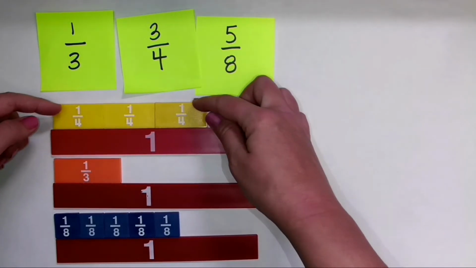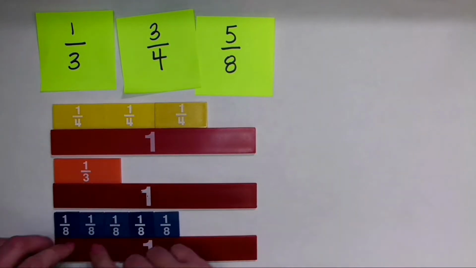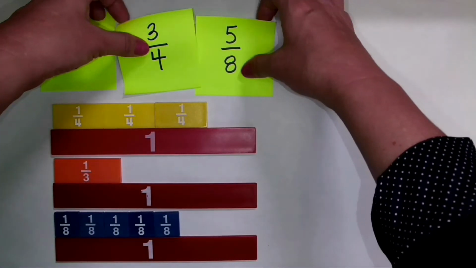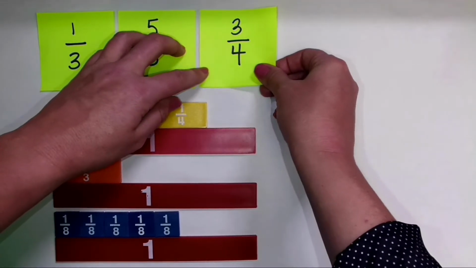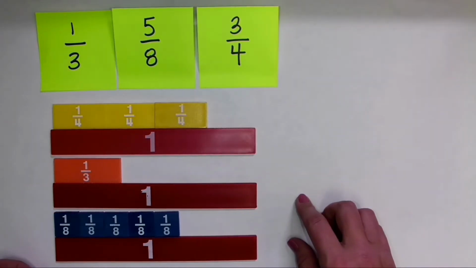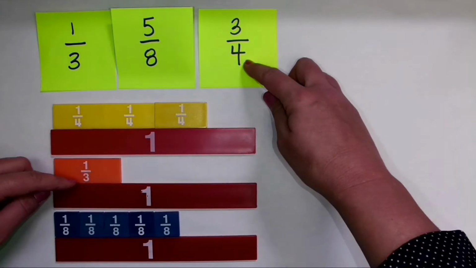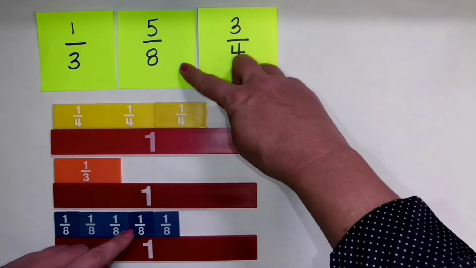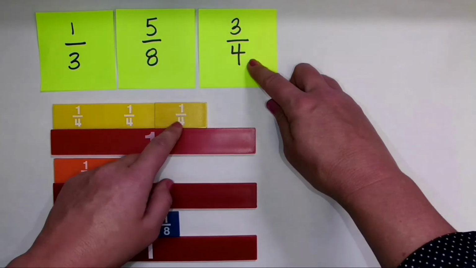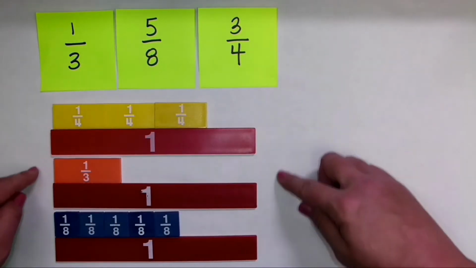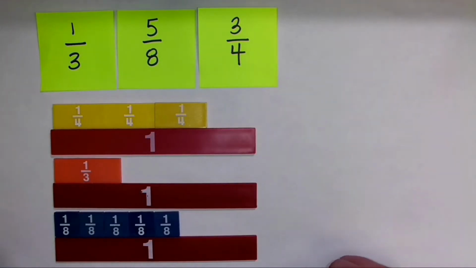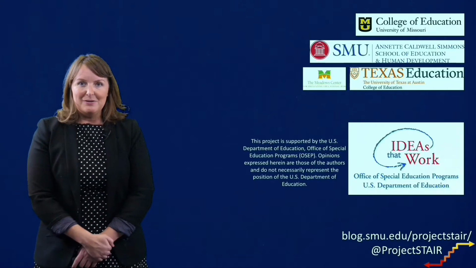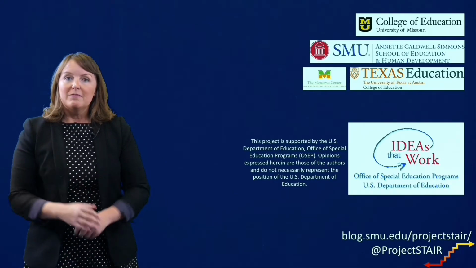And now I'm going to compare 3/4 to 5/8. I can see that 5/8 is less than 3/4. The length of 5/8 is less. So I'm going to move 5/8 in the middle, and then 3/4 is the greatest. So I can see that 1/3 is less than 5/8, and 5/8 is less than 3/4. So when I order the fractions with this length model, 1/3 is less than 5/8, and 5/8 is less than 3/4. So that was an example of how we can use the length model of fractions to order fractions,